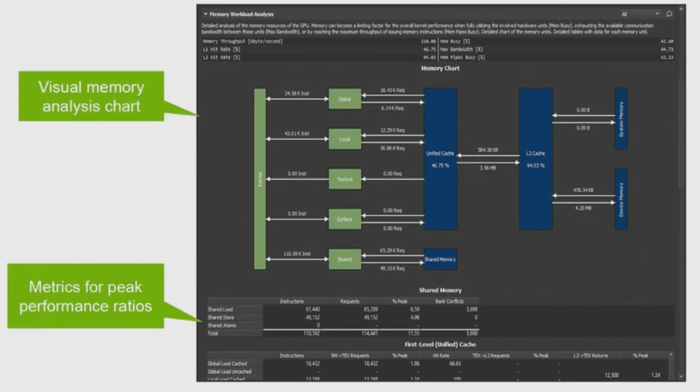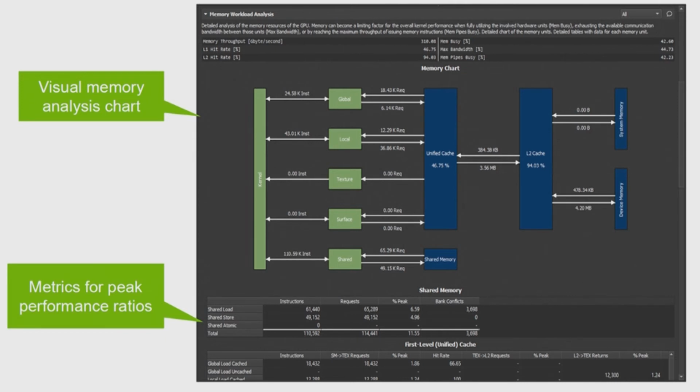Okay. Another one that I like to see is this. You scroll down a little bit and you see this memory workload analysis. So the GPU, much like a CPU, has a low-level cache system, an L1, L2 cache, shared memory. It actually has a bunch of different memory subsystems that don't have analogs on the CPU, right? And when we're looking at things like making sure our memory accesses are contiguous, cache misses, maybe even register spilling and whatnot, we need to have an idea of how we're utilizing each part of that subsystem, and this gives